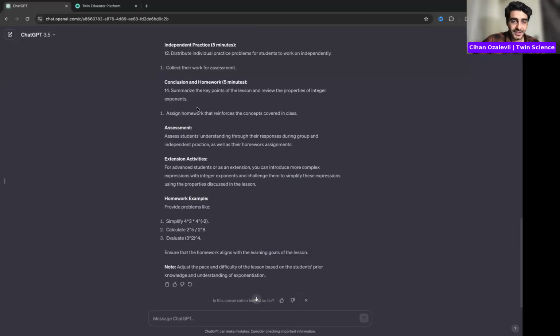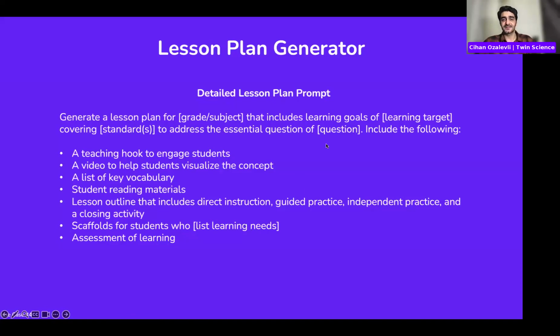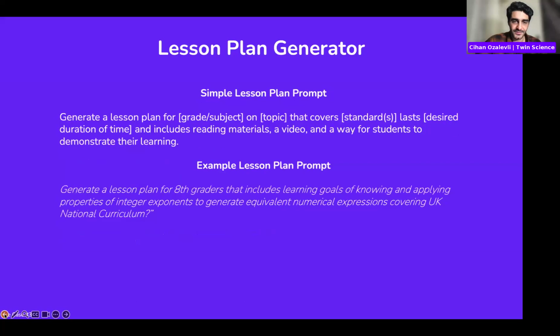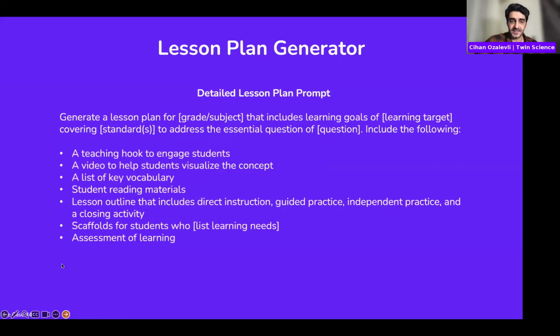So I want to show you how you can make it more detailed, to serve your purpose in a better way. So let me share what a detailed lesson plan generator looks like. This was the simple lesson plan prompt, and this is the detailed lesson plan prompt.